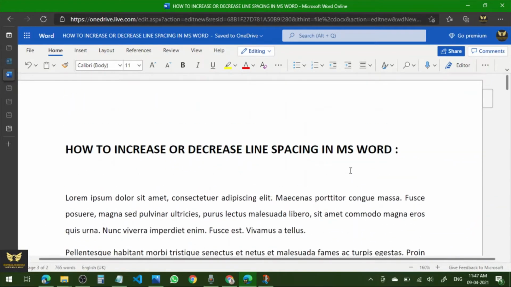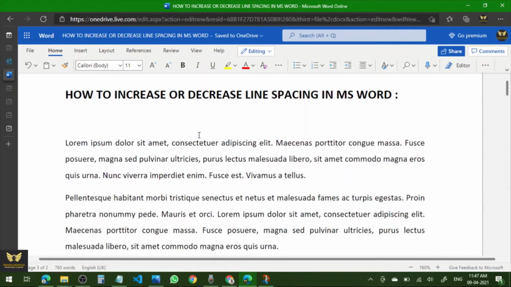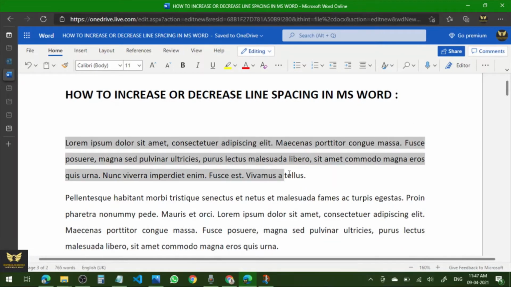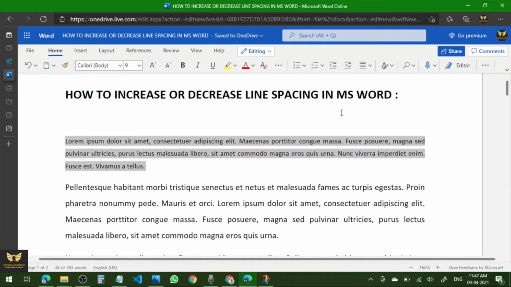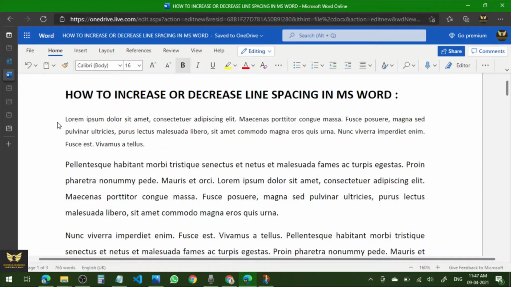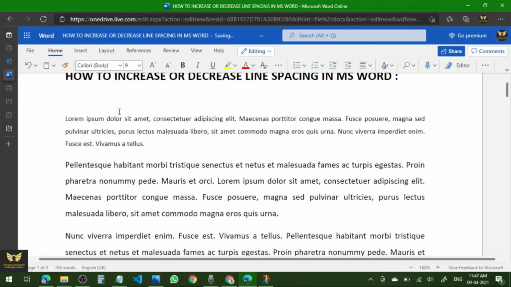And suppose you want to have only this part, for example, smaller in font, something like an abstract.